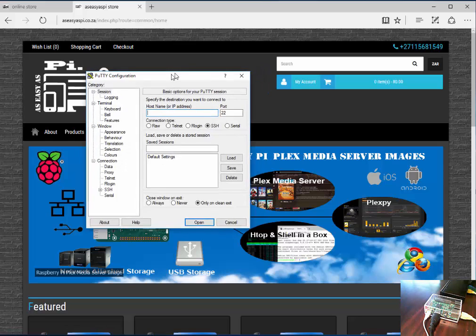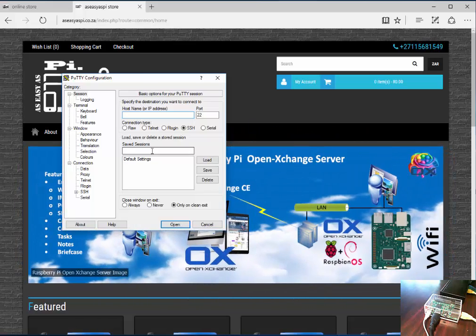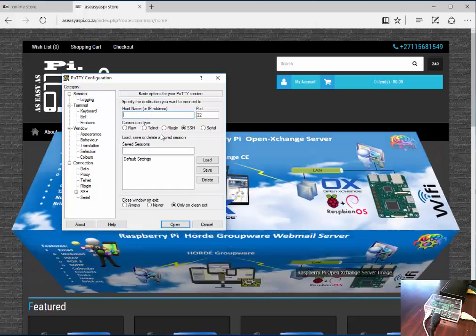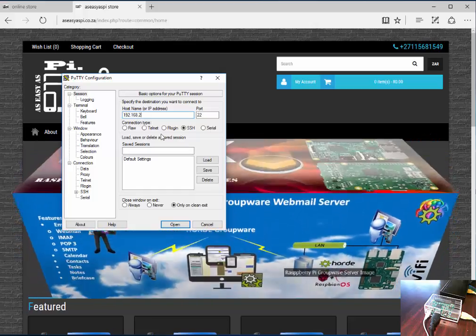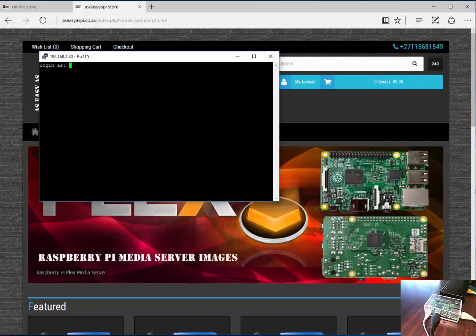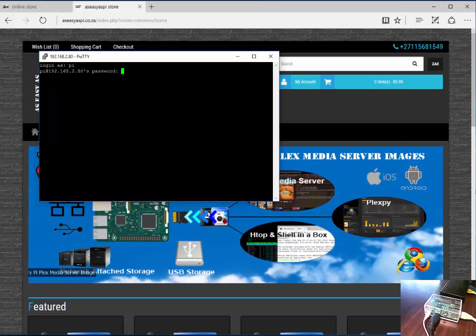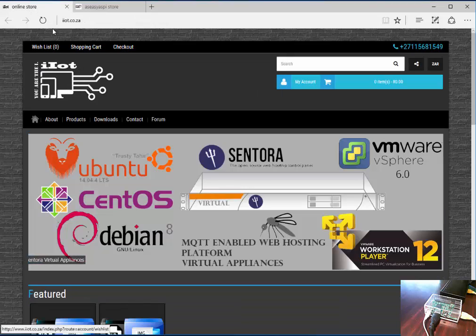The next step is to use a terminal emulation session to create a shell session to your Raspberry Pi, or you can use a console. Let's connect to our Raspberry Pi. Log in as pi. Once you've logged in,